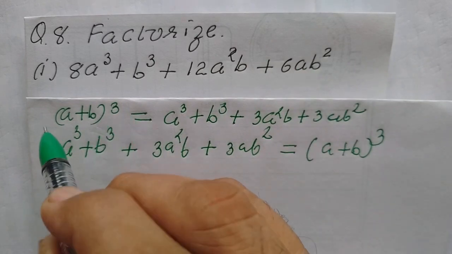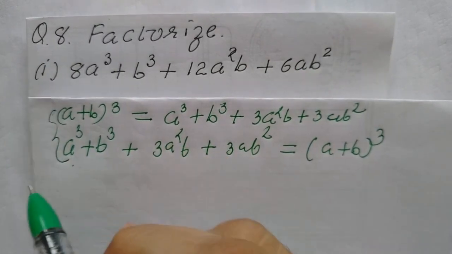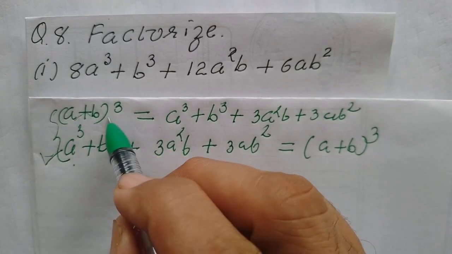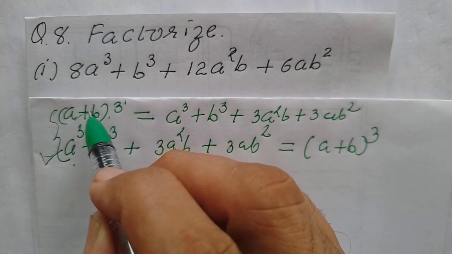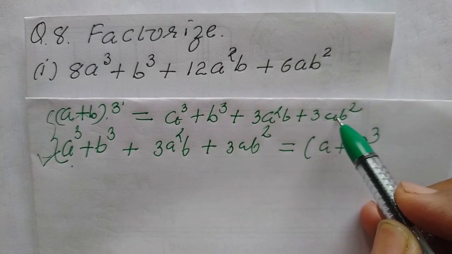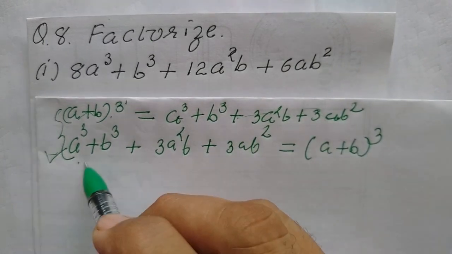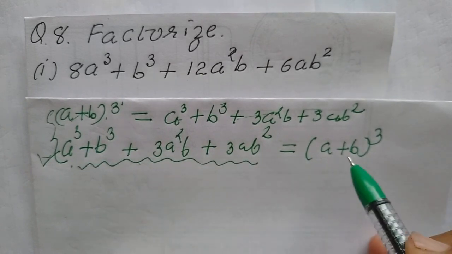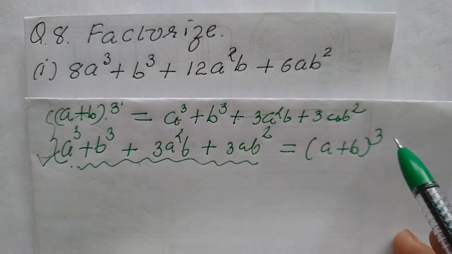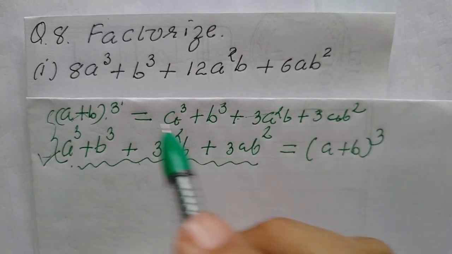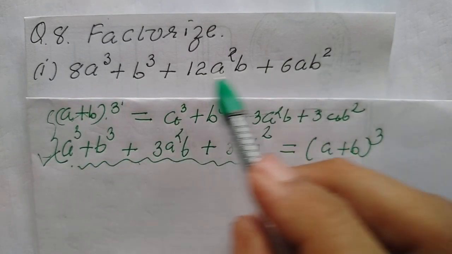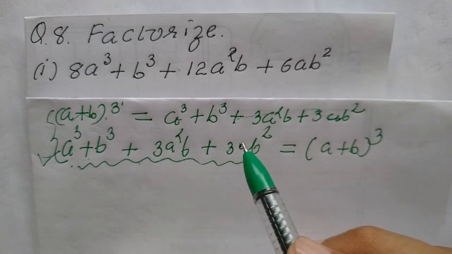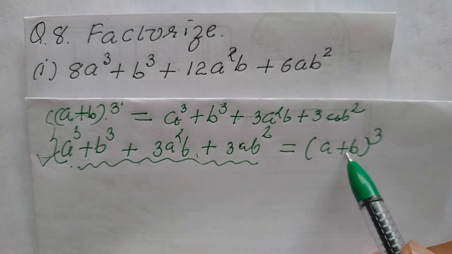We will use these two. These two means actually we will use this, which you studied: a plus b cube. Expand this, so this will be the answer. Now this becomes the question here. The question is to factorize this, and the answer will be this, children. So first of all, we have to convert this form into this form, and then the answer will be like this.